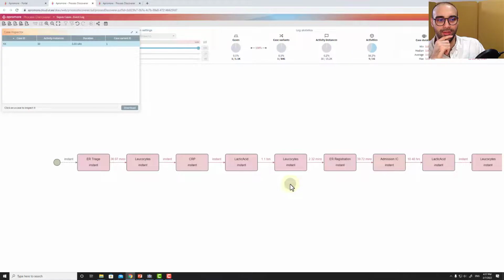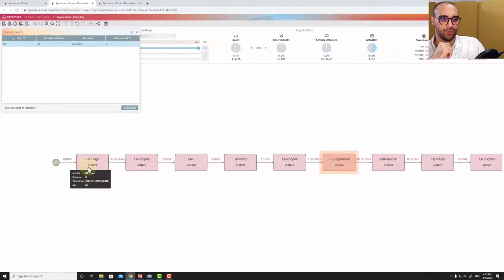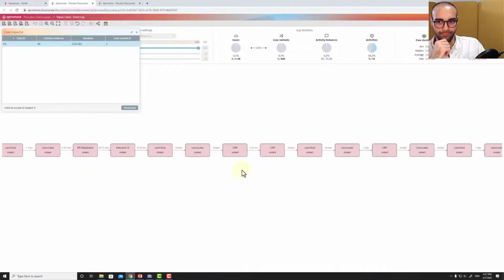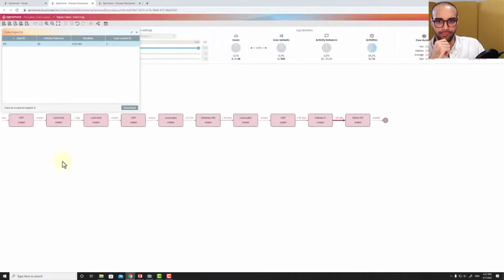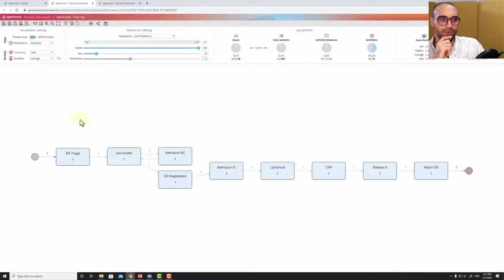So here it's only one case that hasn't been through the sepsis triage, and as you can see, it's pretty strange, because the emergency room registration happens after the execution of emergency room triage and taking some kind of medicine, before even the registration. So it's pretty weird. And yeah, you can dig deeper into details for this specific case with the ID KX. So this is the first flow